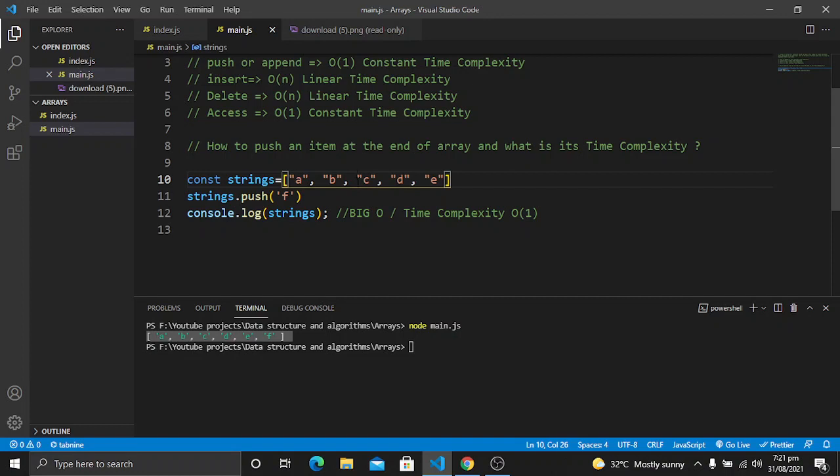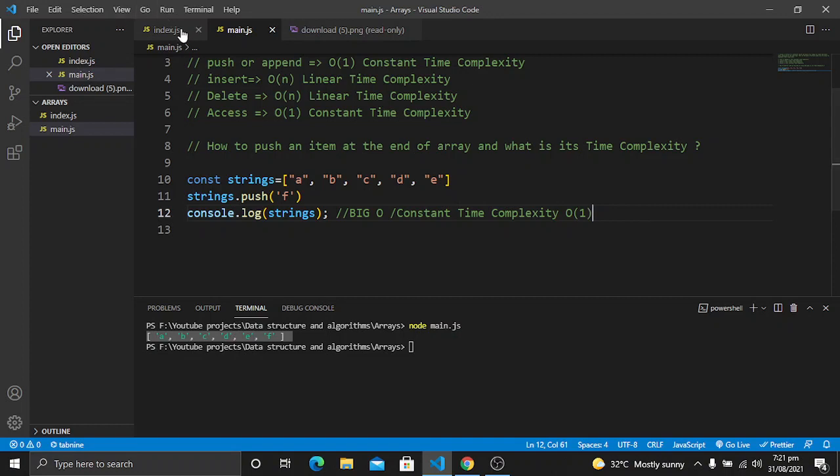So in this case we have a time complexity of 1, which means constant time complexity. I will write it here. Constant time complexity. It means that if the number n increases, the time taken to perform this action will remain the same. So this is the way we can push an item at the end of an array.